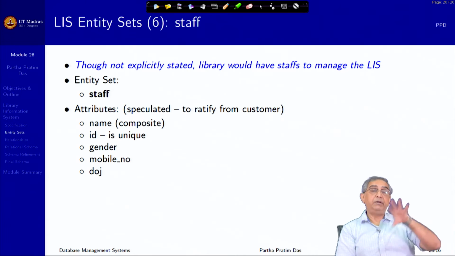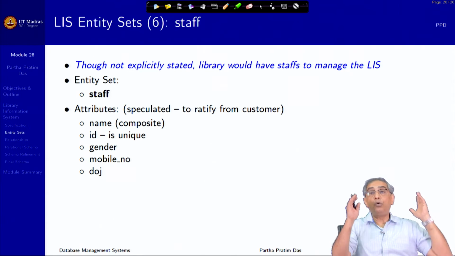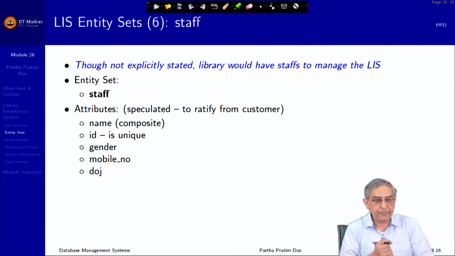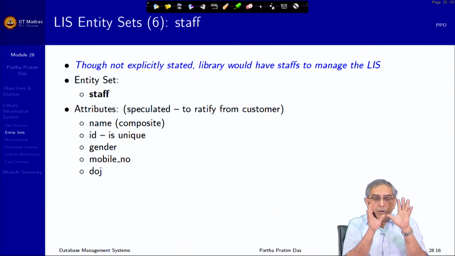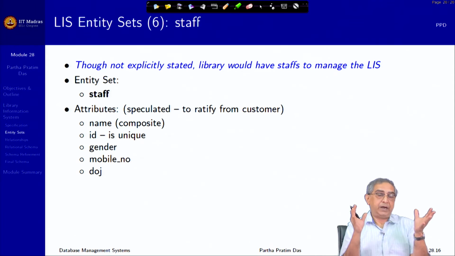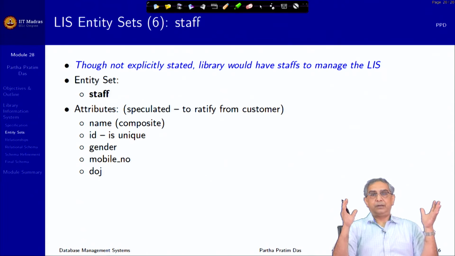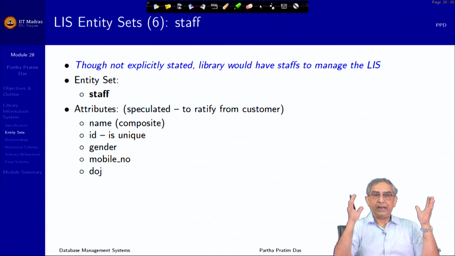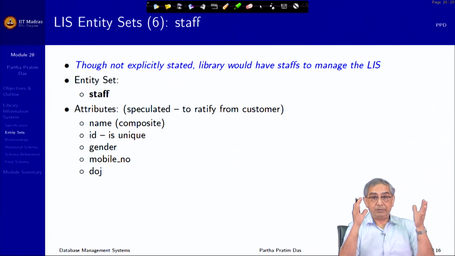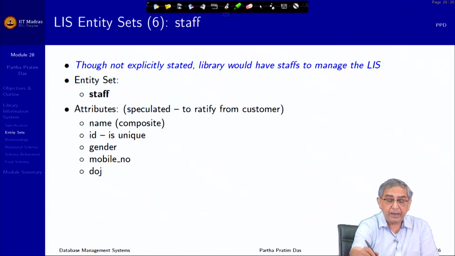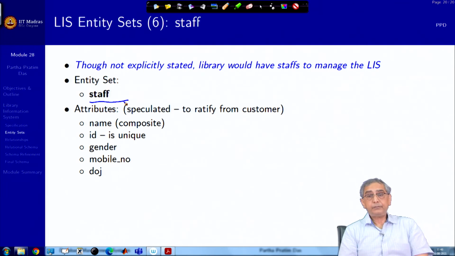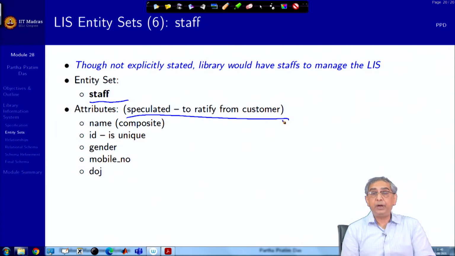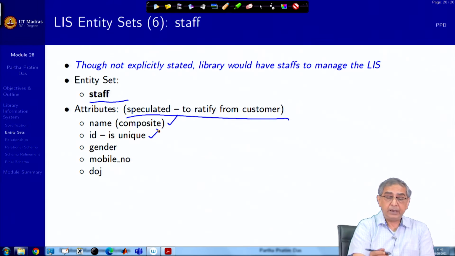So, possibly we will go back to the client and say that, and the client says, oh my god, I forgot, thanks for the advice. So, you are trying to not only capture what is written, but at times read between the lines in the thought process of the requirement to say that there has to be staff running. So, there has to be a staff entity as well, and the rest of it is somewhat guesswork, which is speculation, which will have to get ratified from the customer, that certainly staff will have a name which is composite, and the ID will be there,